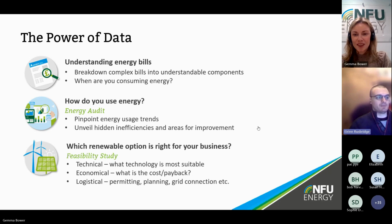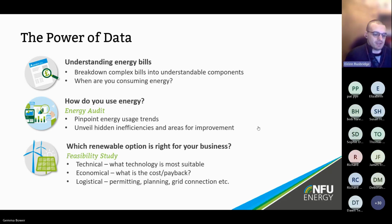So I'll start today talking about the power of data. Data is the most important starting place when it comes to energy sustainability, certainly. Essentially, you're not able to effectively target any improvements to your business, and you're not able to measure any impacts of any changes that you make, unless you can measure your usage and how that usage changes, and understand where your energy is being used, whether that's through enhanced sub-metering, improvements to temperature sensors or other sensors that you've got across your site,